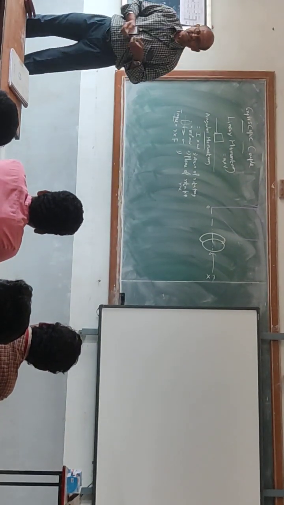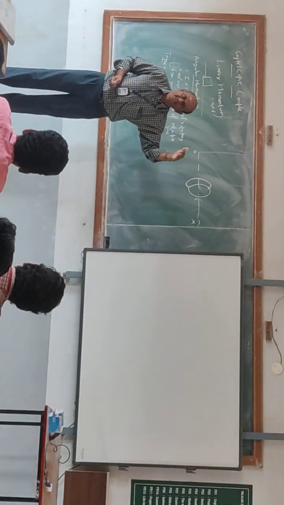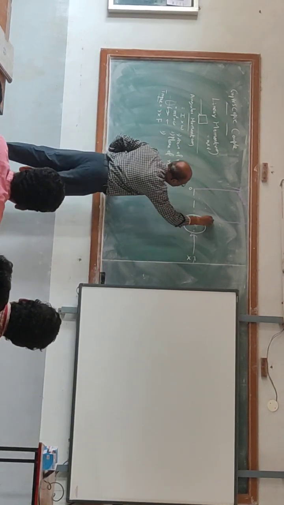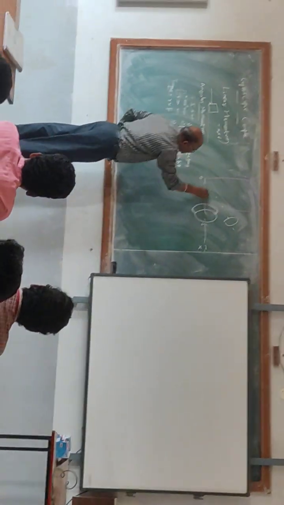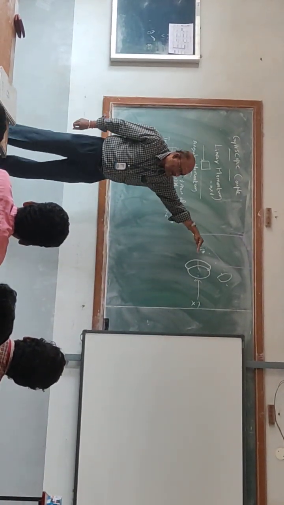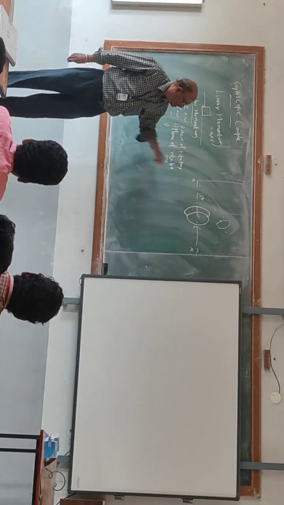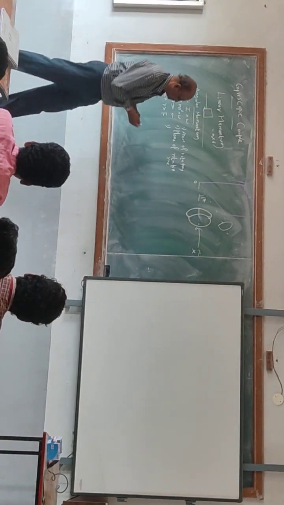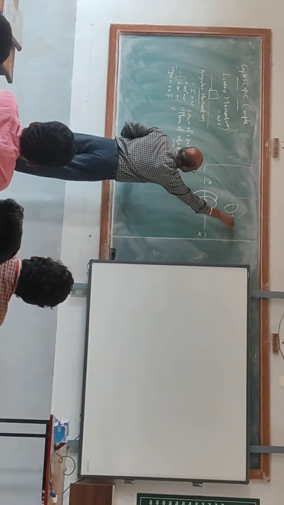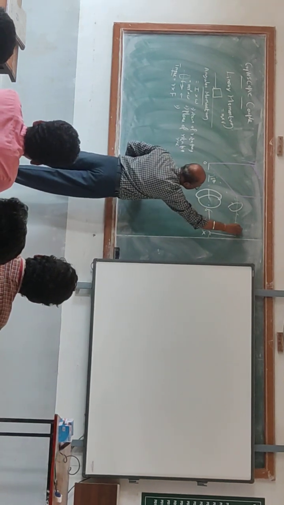As I told you in the previous class, whenever the rotating body is given angular momentum, after a certain time the axis of rotation may move in either direction. The body will move through an angle del theta. The axis of rotation moves at a certain speed through the angle del theta. This plane is called the plane of precession.